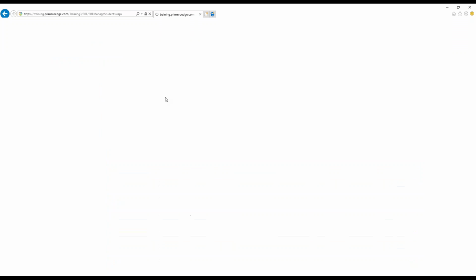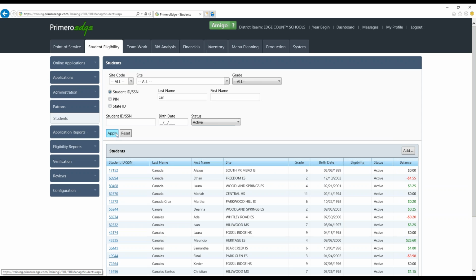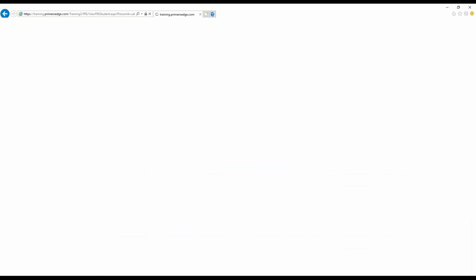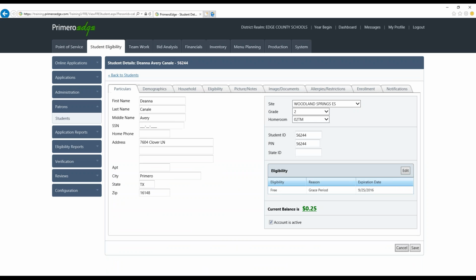Now we can look at a student's details specifically by clicking on the hyperlink associated with their name. So I'm going to go in and look for a specific student. I'm going to type in those first few letters of a last name, and then select my student. By clicking on the hyperlink, that will allow me to view the student's details that I have selected. By selecting that student's details, I am now brought to that student's details window,